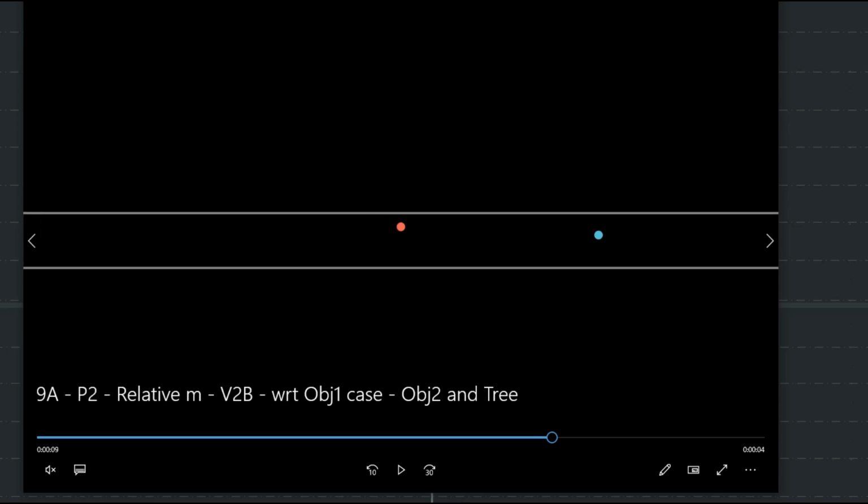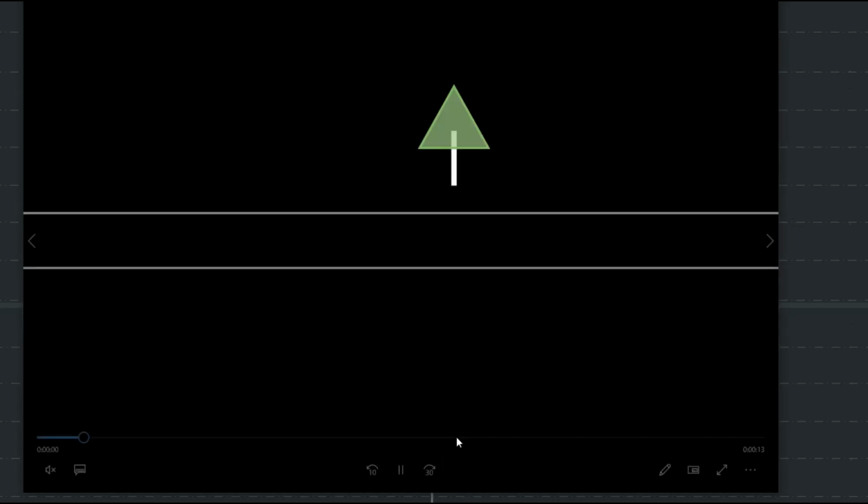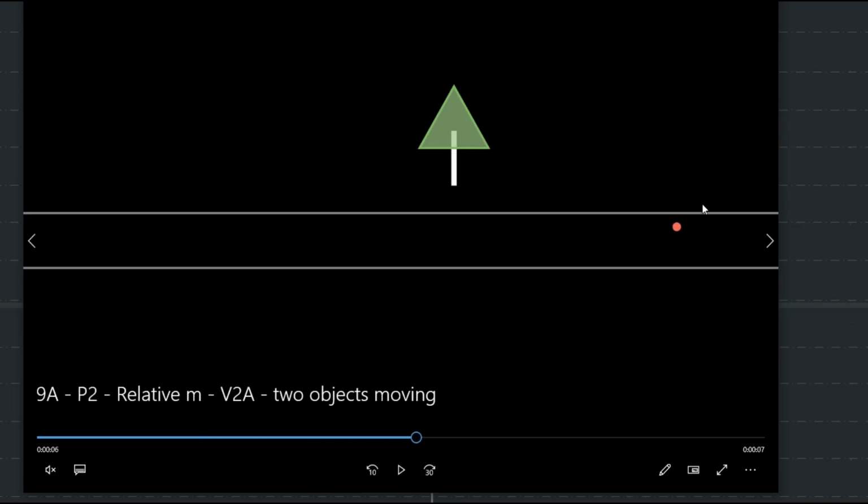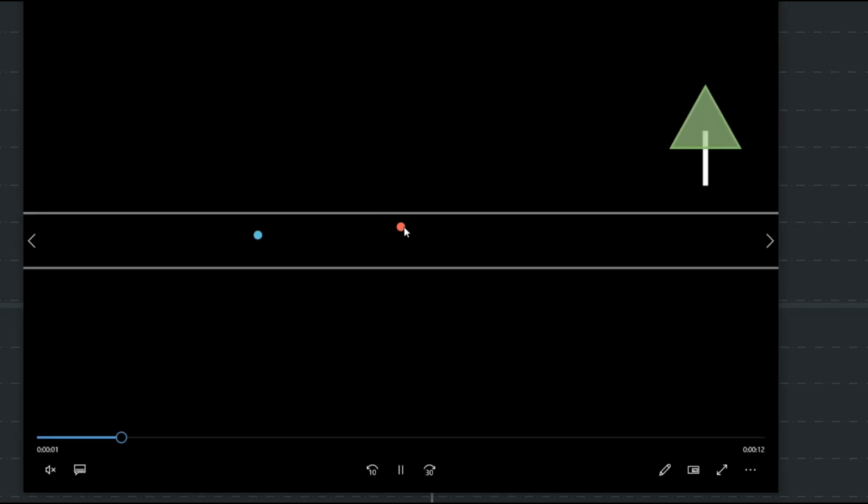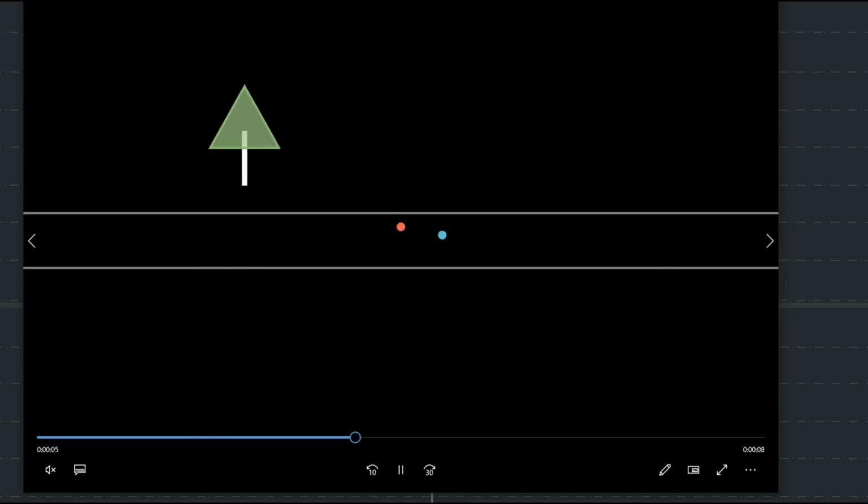So for a person who's sitting in the red car, the blue car and the tree and everything looks to be in that motion. So this might be so. But if a person is sitting actually in the red car, the perspective will be different. That you guys would have felt.